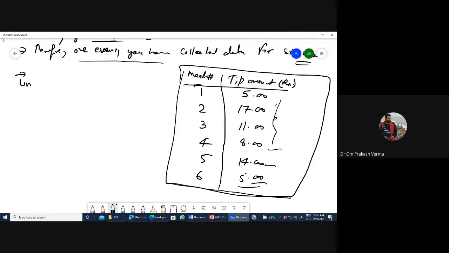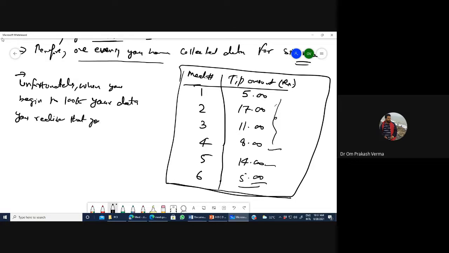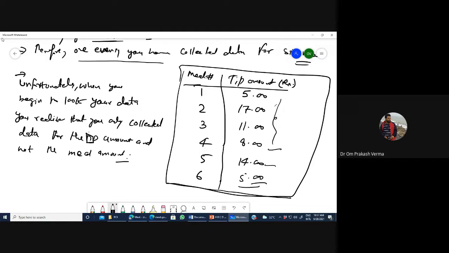Unfortunately, when you begin to look at your data, you realize that you only collected data for the tip amount, and not the meal amount. Am I right? Yes or no? Yes, sir.